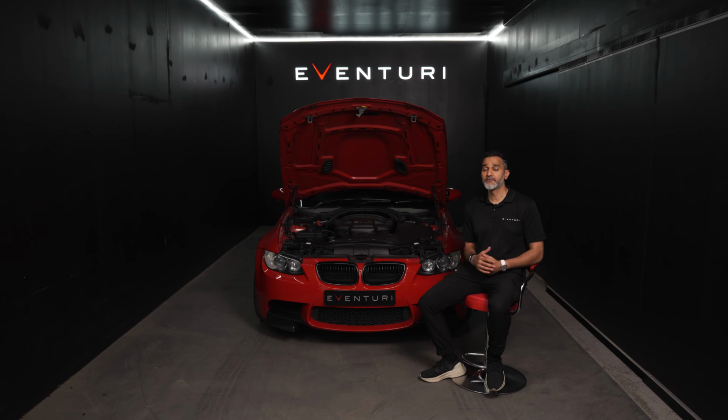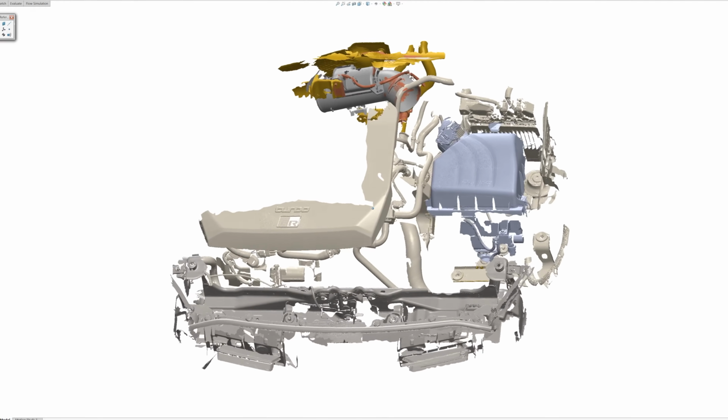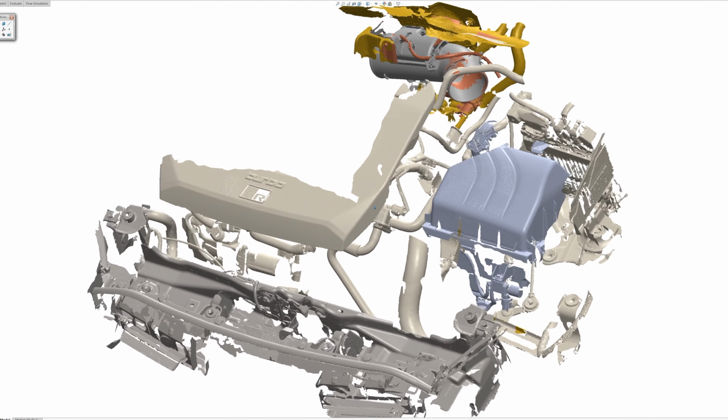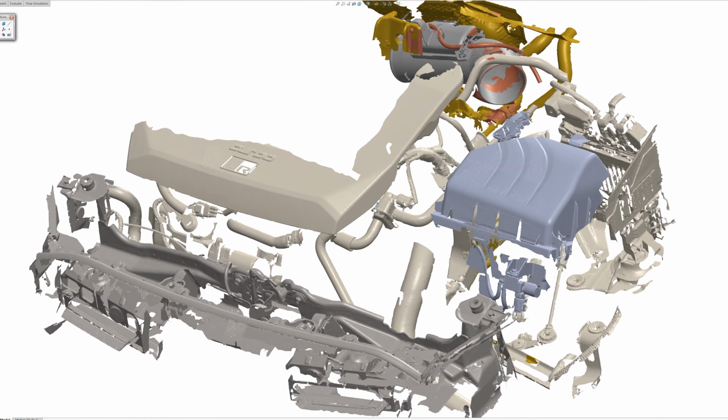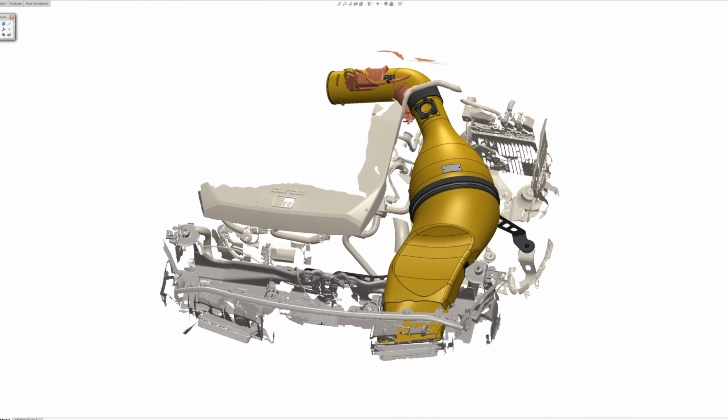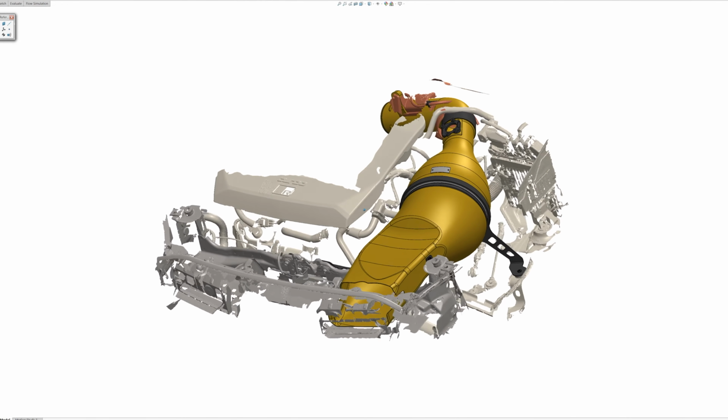Once scanning is done, it's layered, it's processed, and then imported into my CAD software. Once the scanning is fully imported into CAD, we begin the conceptualization of the intake design. The intake design starts to take form, but we need lots of other ways of helping us to optimize that